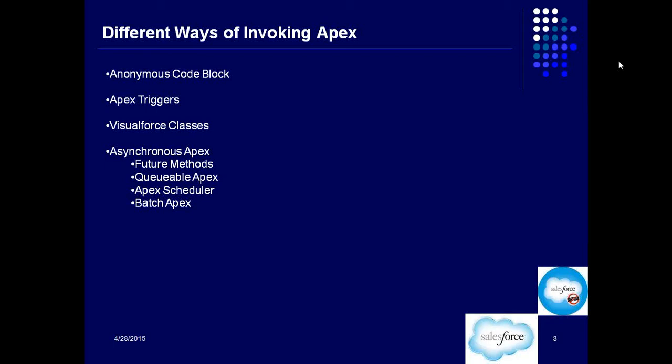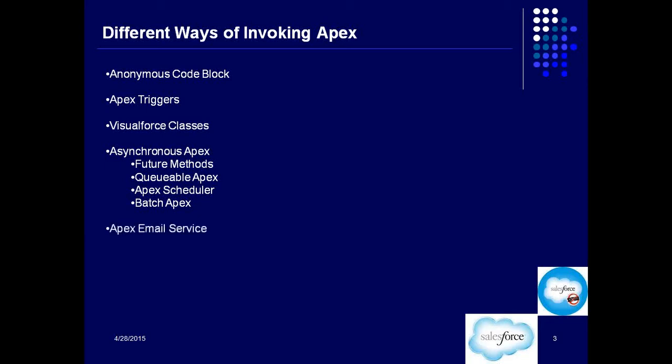So there are four different ways of asynchronous Apex. One is called a future method. I'll talk about these in detail. One is called queueable Apex, one is Apex scheduler, one is batch Apex. These are different ways of invoking Apex which can run in the backend, and these do not work in sync with the end user action. They work in the backend. That is the reason why these are called asynchronous Apex. All right,